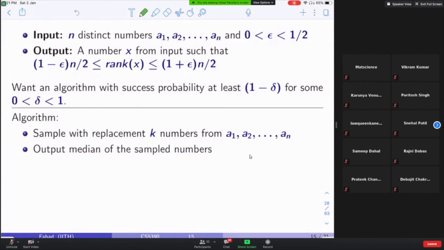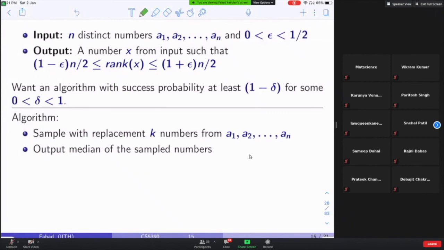Sampling with replacement, what do I mean by with replacement? First you uniformly at random pick an element from 1, 2, 3 up to n. Then you are not going to delete that element from the set. It will still be there. And again, from that same set, A1, A2, etc. up to An,